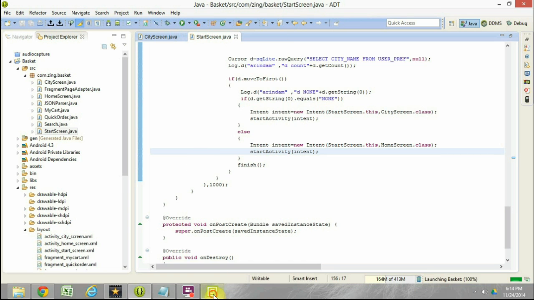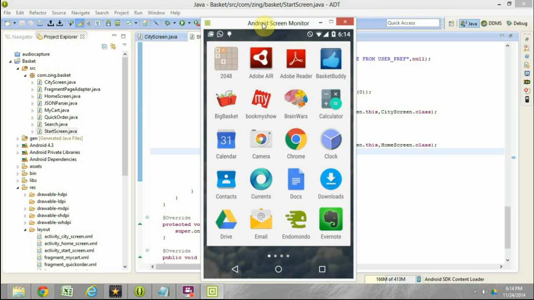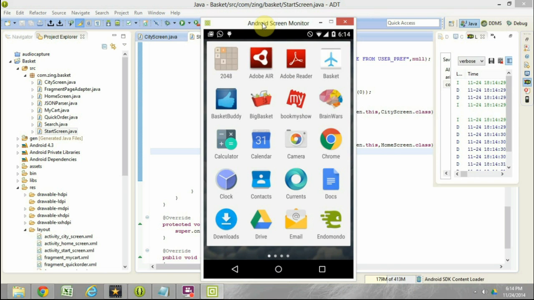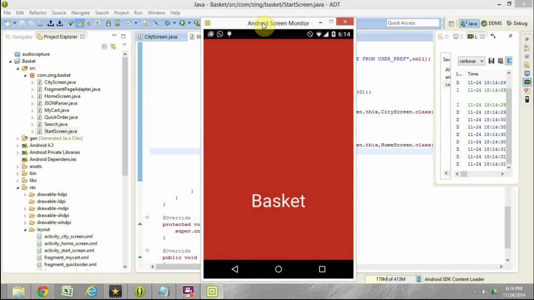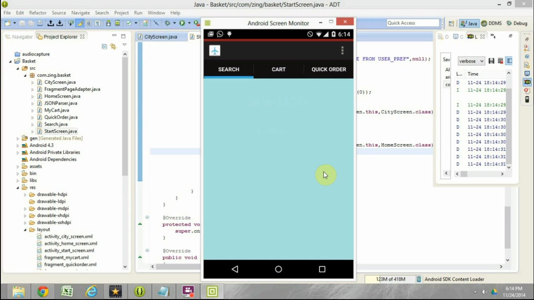and let's go to the mirroring application, which is just mirroring my phone. And as you can see, the application has opened up in my phone. Now because this is the first time login for the application, it is asking me to select the city. So here I am selecting Gurgaon, and once I select Gurgaon, it takes me to this particular home screen. Now as you can see, there are 3 tabs which we have defined: search, myCart, and quick order. Right now search, which is the first tab, is selected, and if I'm just using a